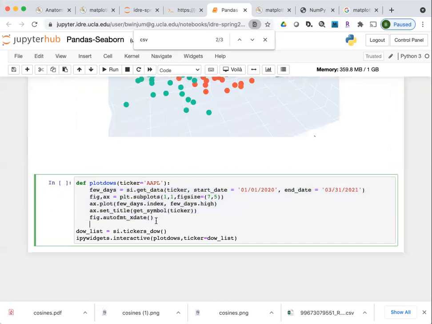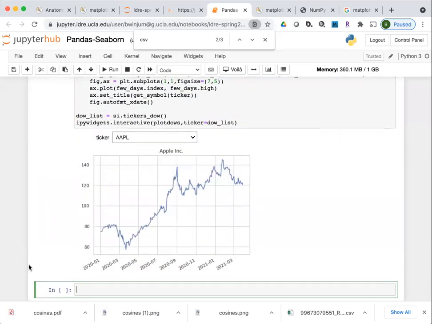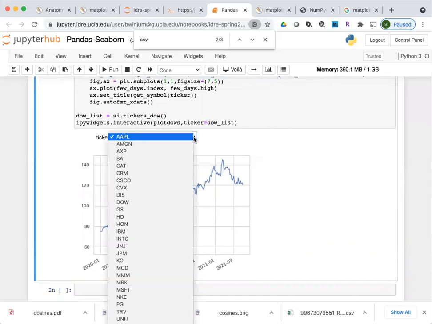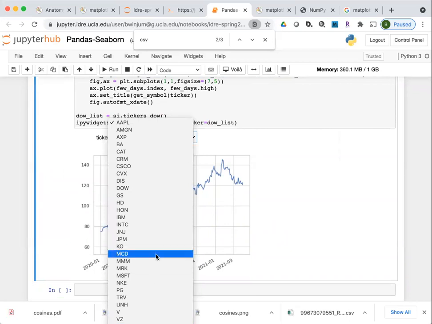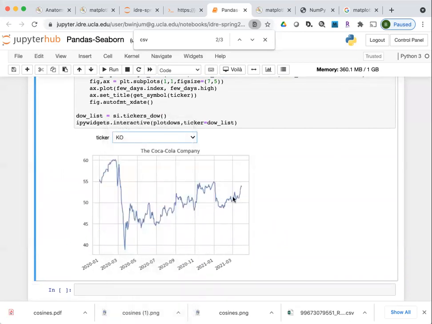But now I'm going to generate it so that we can look at all of the stocks in the Dow Jones Industrial Average and just select which one we want to look at with a little menu. So this is the time history, and now we have a little menu where we can select the stock ticker symbol of any of the stocks on the Dow Jones Industrial Average and look at how they varied over the past year.